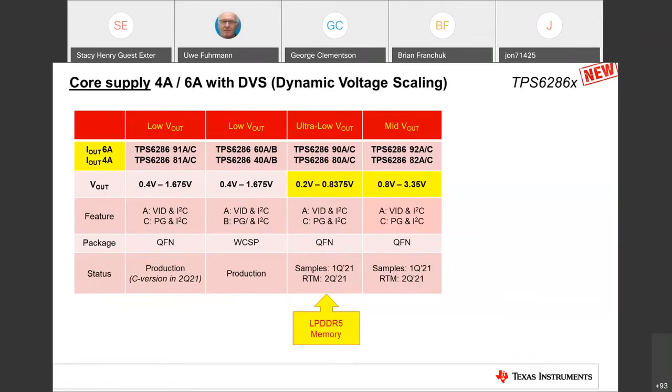And I wanted to highlight here the version that is marked for LPDDR5 memory. So the new specification for this next generation low power memory is specified down to 0.3 supply volt. So again, you can use this dynamic voltage scaling to really take advantage of the low power within LPDDR5, because you can change it dynamically in a low power mode for the memory, and the buck converter even supports this low power mode with this dynamic voltage scaling.